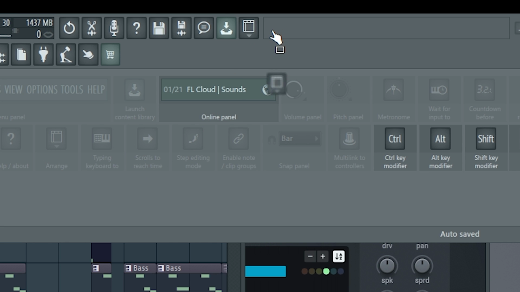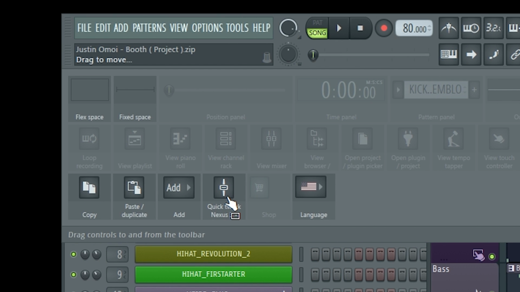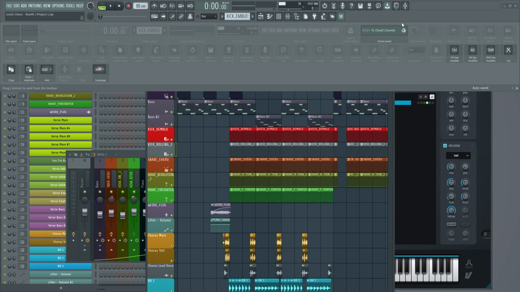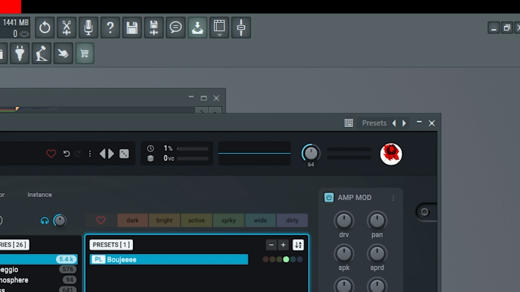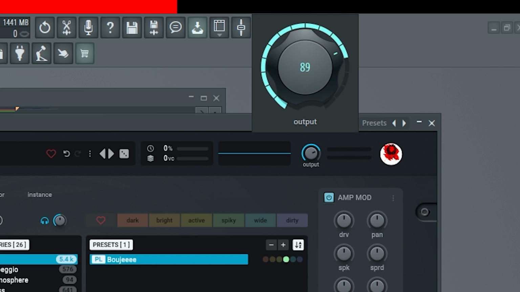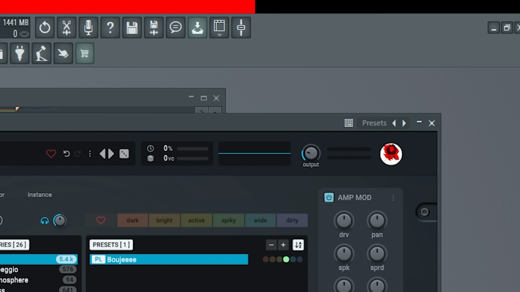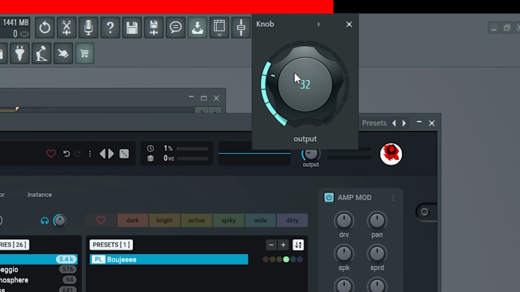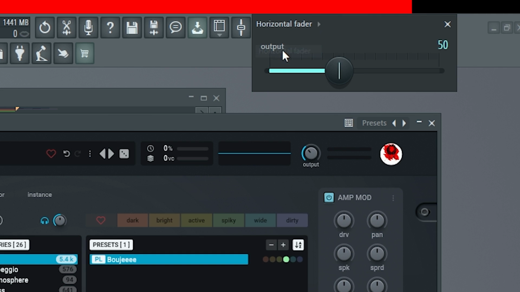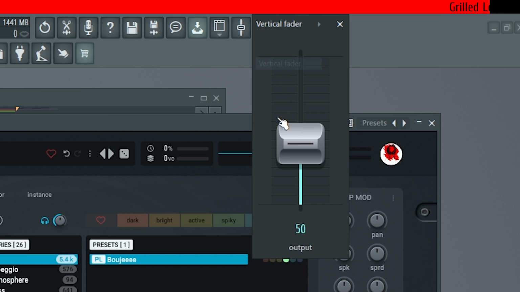We're going to click and drag this up here. And by the way, I'll show you this thing right here. It's called quick tweak since we're in the edit window. Say, for example, I move this thing right here. If I were to left click and hold, we could change the output knob right there or anything that we tweaked. If you right click, we could leave this here. We can even use it as a fader horizontally or vertically.